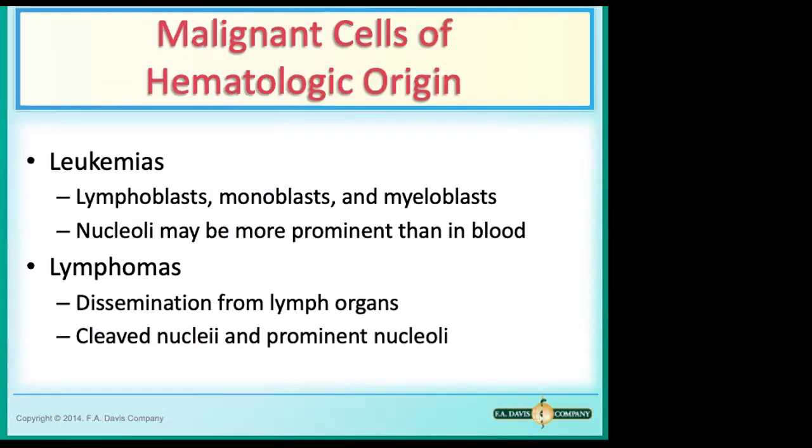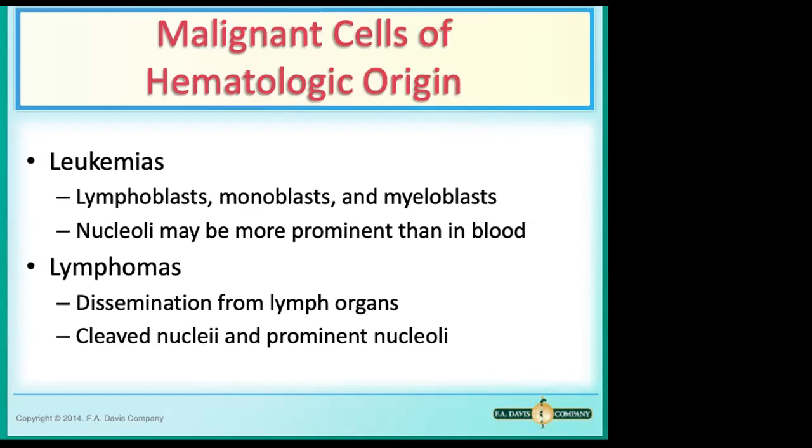Okay, now you may also encounter abnormal cells. You may encounter malignant cells that are of hematologic origin. This is when we get into the blood cancers, like the leukemias and the lymphomas. Lymphoblasts, myeloblasts, and monoblasts in the CSF are seen frequently in serious complications of acute leukemias. In these kinds of cells, the nucleoli are very prominent, more prominent than what you would see